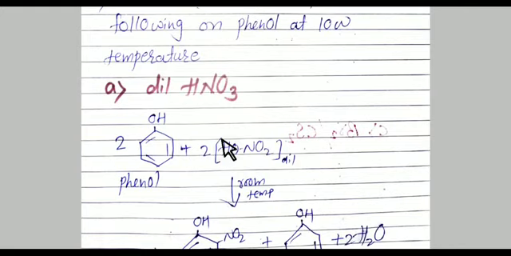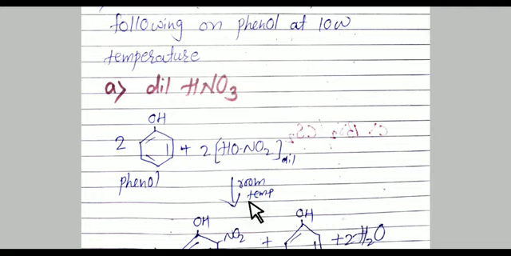Whenever phenol reacts with dilute nitric acid, we have to take double quantity of phenol and double quantity of nitric acid. And just see here, I am writing nitric acid in the broken form, meaning instead of complete HNO3, I am writing HONO2 dilute, meaning double quantity of OH group and double quantity of NO2 group is there. And the condition is at low temperature, that's why here we are writing at room temperature.